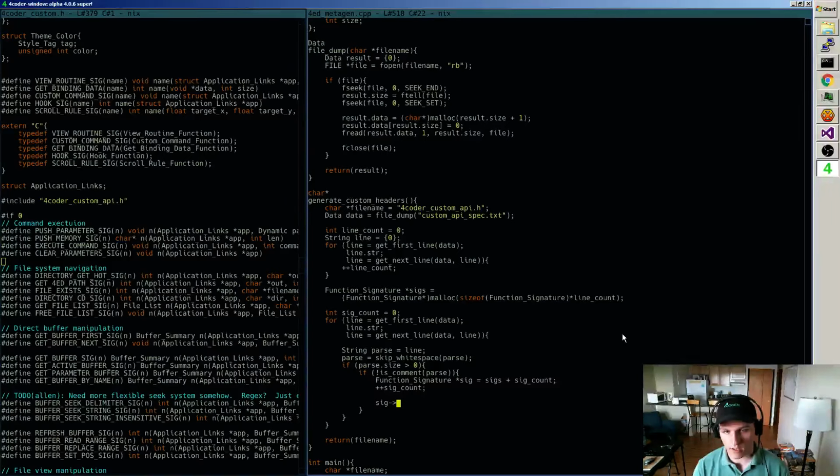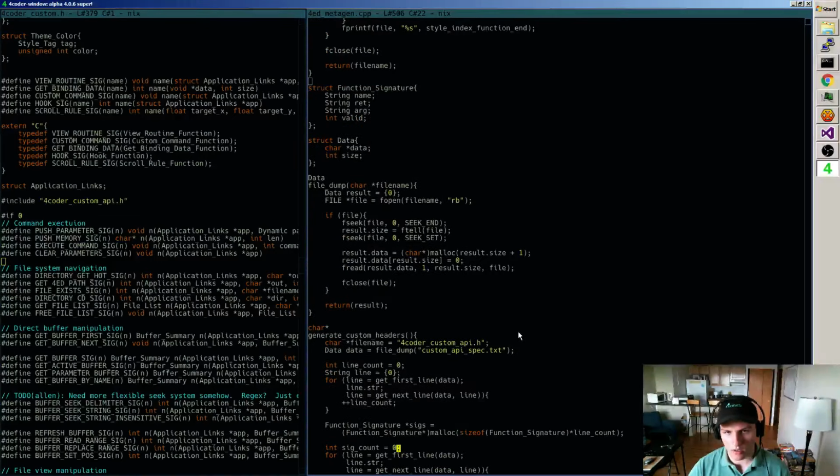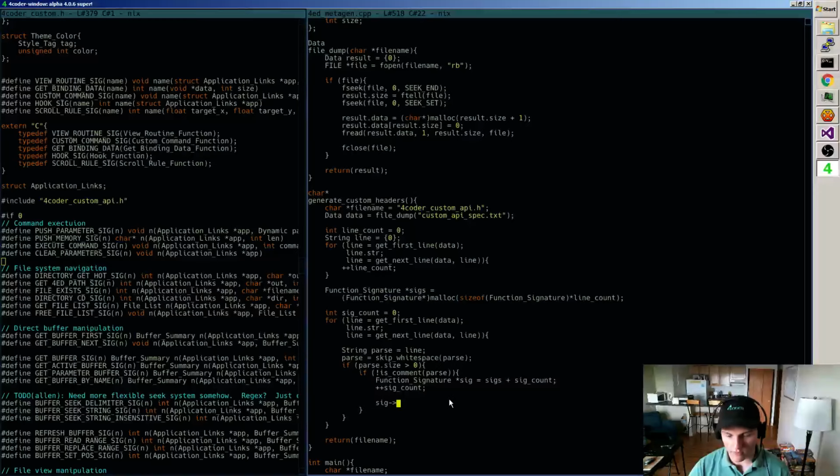Okay, so sig name. Okay, so first it's ret equals get identifier, or what does ret want to equal?